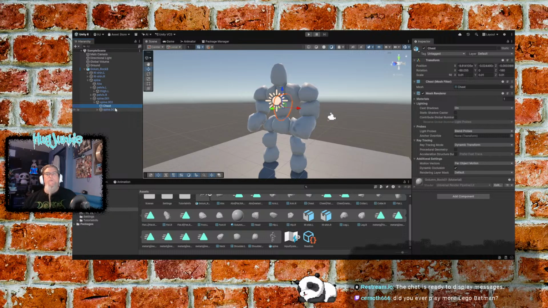Do you ever play any more Lego Batman? I have not. I want to. I'm hesitant because I don't want it to do what it did last time. I want to play more, but